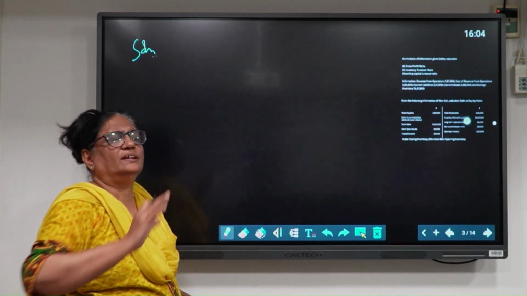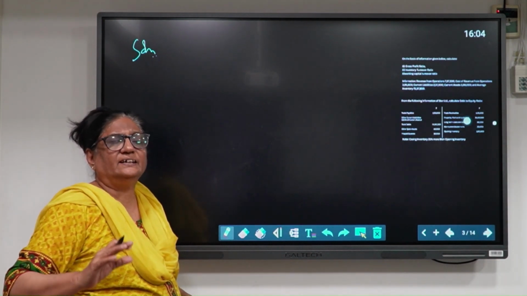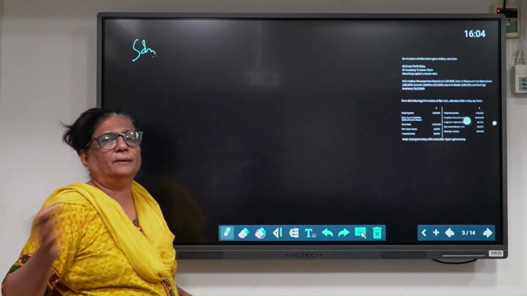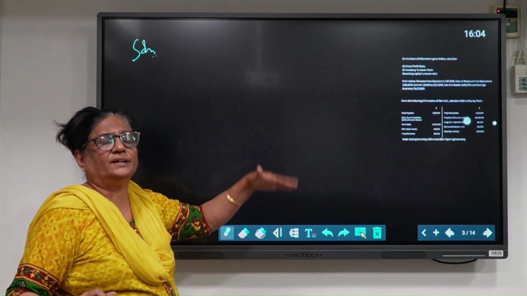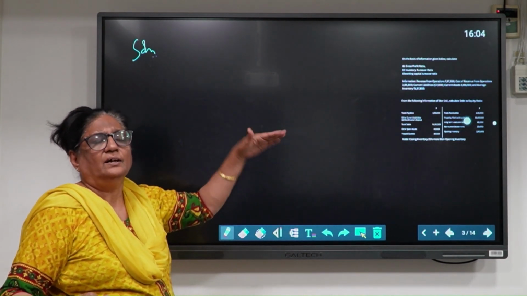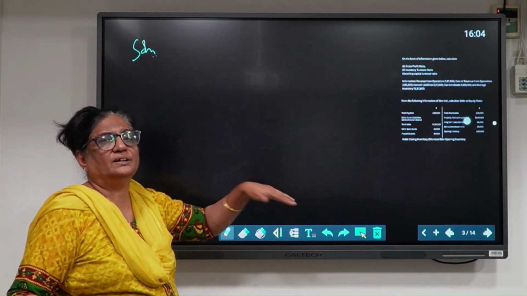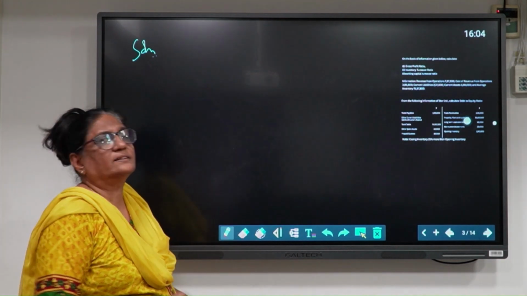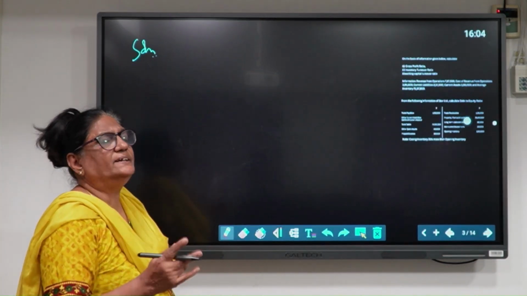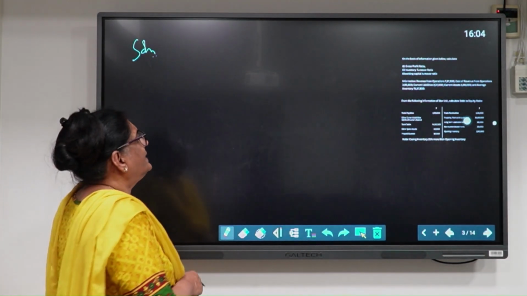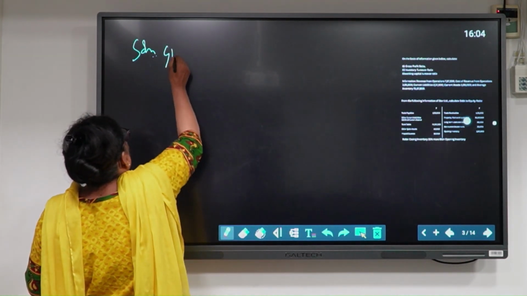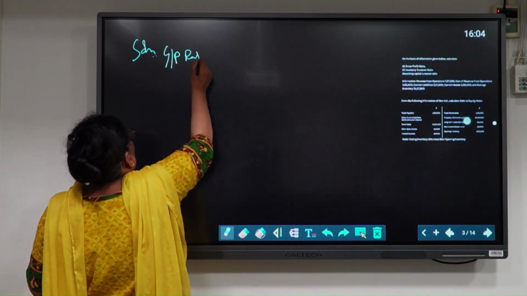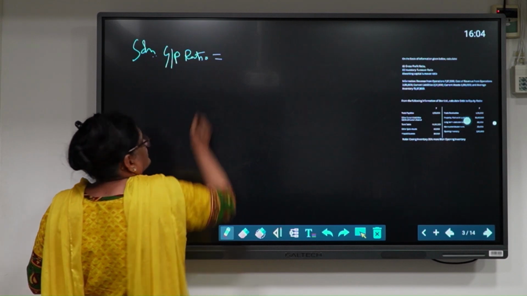Profitability ratio, solvency ratio, liquidity ratio. Activity ratio covers trade receivable, trade payable, all those activities. Then your solvency ratios are your debt equity and all those ratios, earning per share and all that. Fine. This liquidity has only two: current ratio and quick assets ratio. Okay. Now let us go with the gross profit ratio. You all have to write the full form.